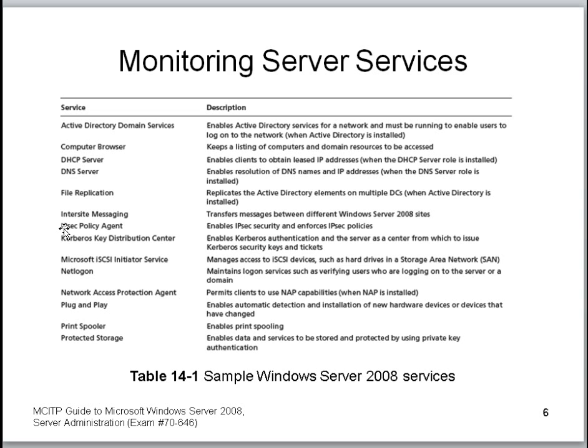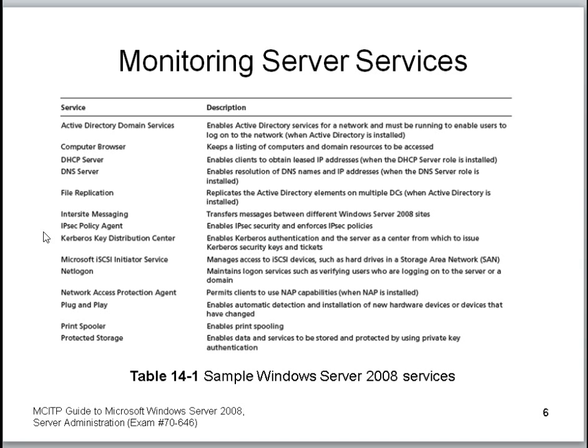Server services, Active Directory domain services, the things that we can monitor here. Computer browser keeps a listing of the computers. The domain services enables Active Directory for the network, must be running to enable users to log on to the network when Active Directory is installed. Active Directory is central management of users, a central authentication server. DHCP, we're going to give out the IP information, and we'll say it obviously is more than just an IP address. DNS, file replication, intersite messaging, IPsec, a number of different things that are available here